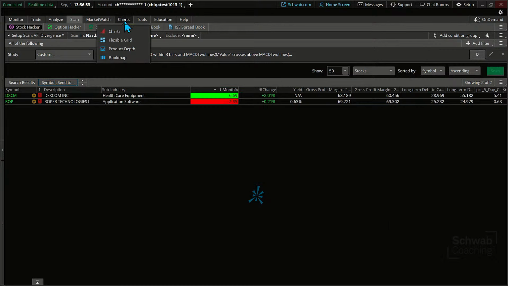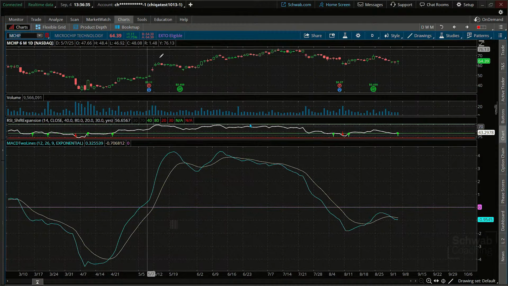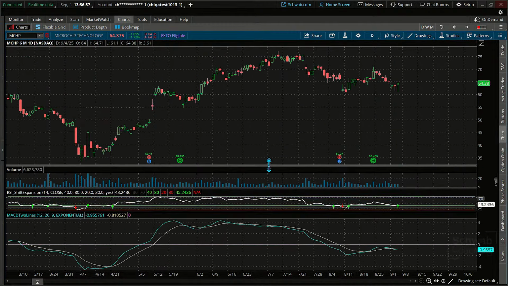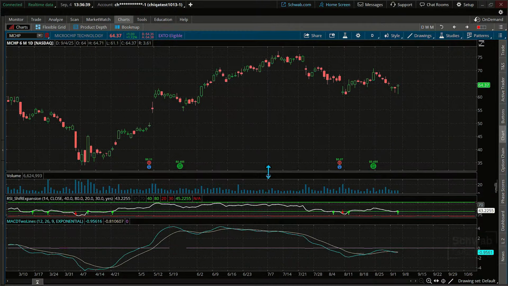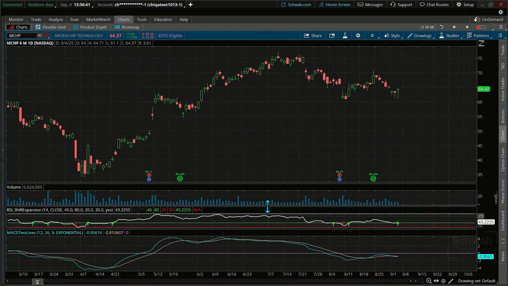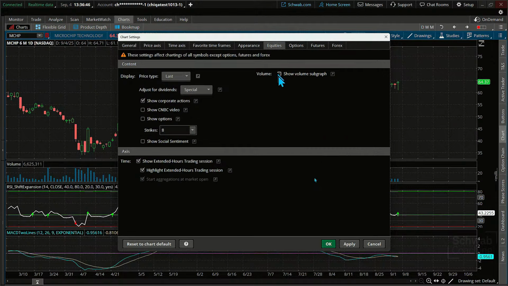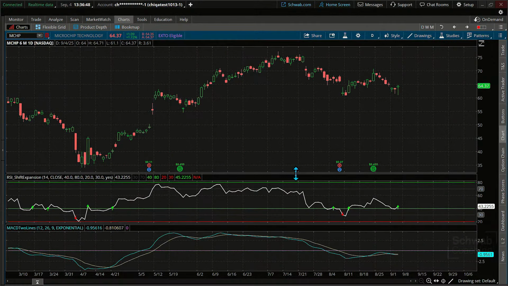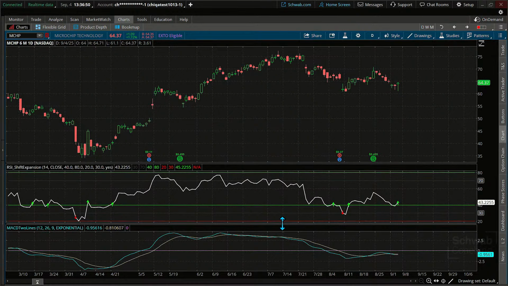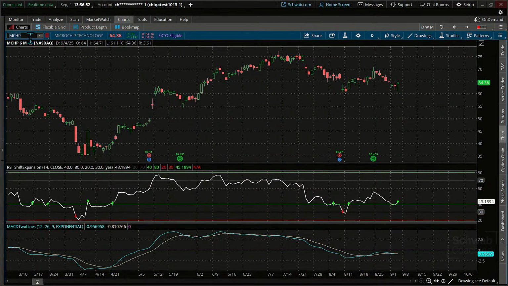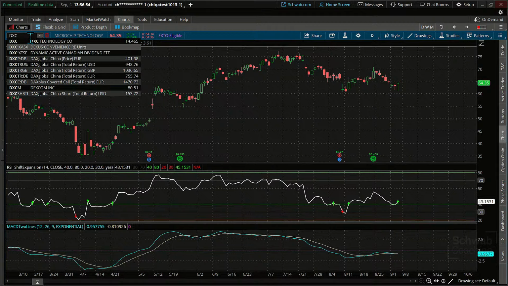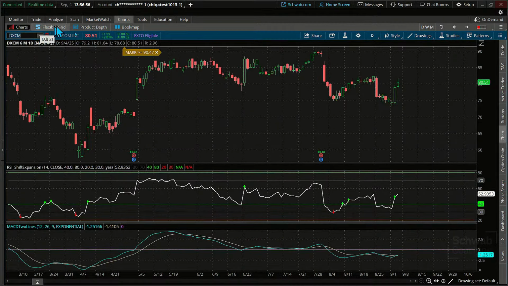Let's look at Dexcom first. I really expanded that out. Let's get these more in line so you can see both. I am just going to kill that volume for just a second here, just so we can make a case in pointing this out. Okay. All right, there you go. DXCM. They're the providers of the equipment, and there you go.